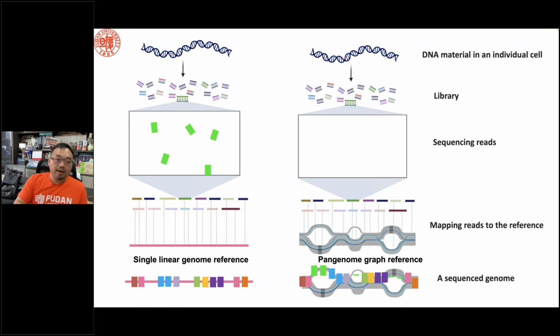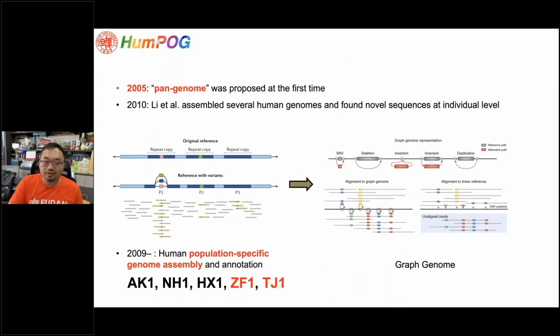The term Pangenome is not very new. It was proposed in 2005, the first time based on the literature review. In 2010, Li Chang et al. and his colleagues, also based on short array sequencing, assembled several human genomes and found some lost sequences at individual level. So they did de novo assembly based on short array sequencing data. So since then,